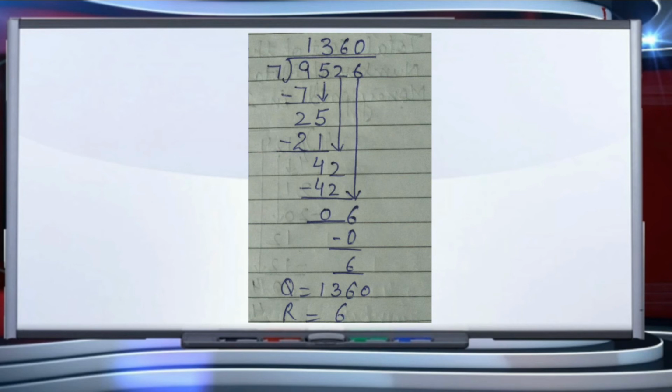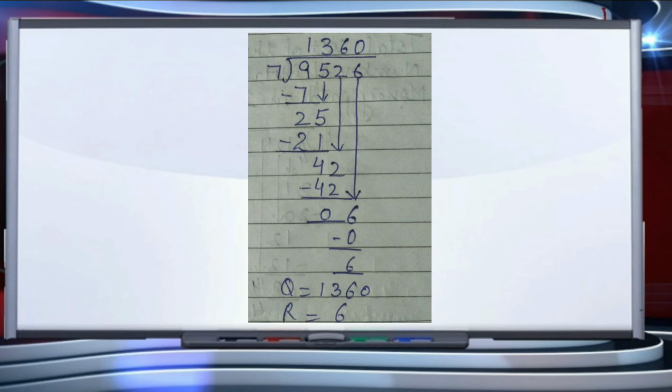In the seventh question, we are having 9526 divided by 7. Write the dividend and divisor in the correct place, and see this 9 is greater than 7. So we will write 7 ones are 7. 9 minus 7 will be equal to 2, and bring 5 down. Then 7 3s are 21. 5 minus 1 will be equal to 4, and bring 2 down. So 7 6s are 42. 42 minus 42 will be equal to 0.